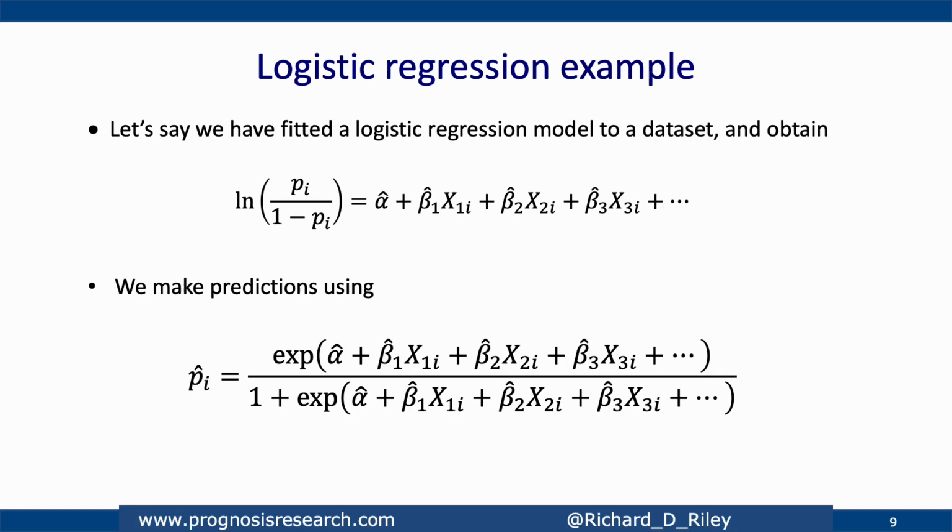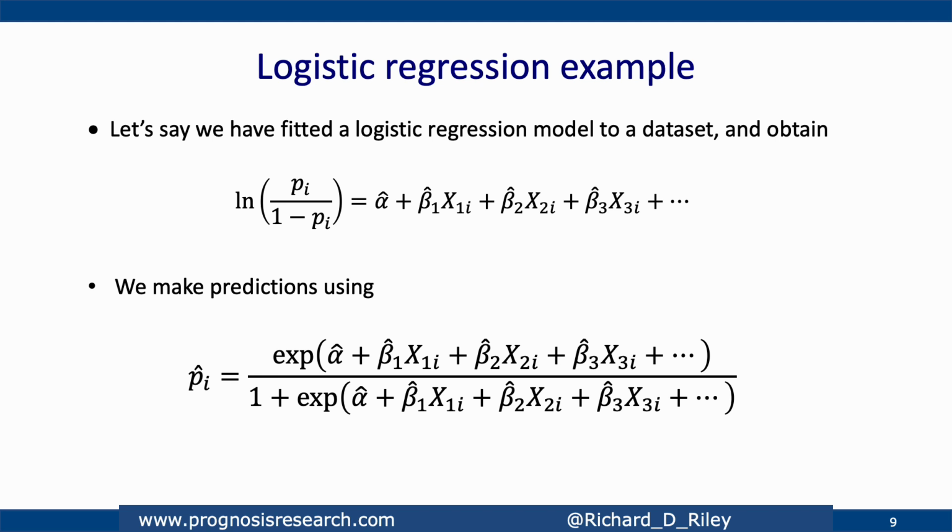So perhaps the simplest model we might be thinking to use is a logistic regression model. If we were to have a set of data which linked predictors defined by X values to outcomes, here a binary outcome, for example, mortality at 6 months, then we'd have a log odds link where the odds of the outcome, probability over 1 minus probability for that individual, is a function of an intercept which maps out the overall risk in the population, and the linear predictor defined by the predictor values and beta values of the equation.